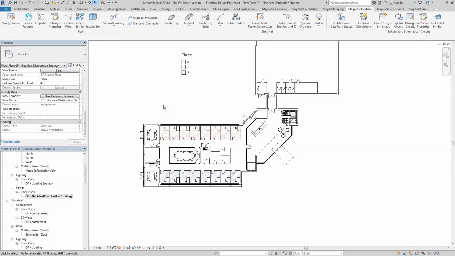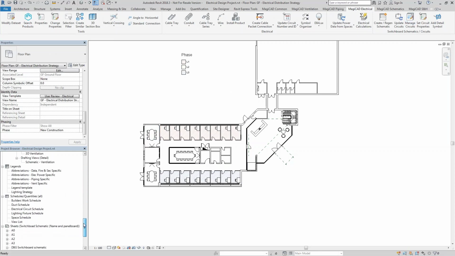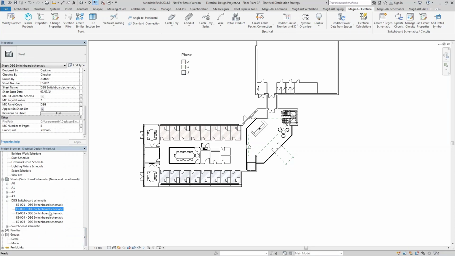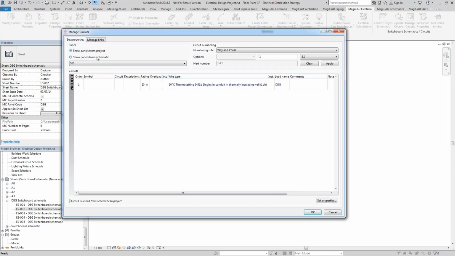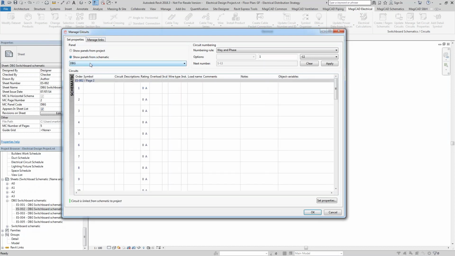So at a very early stage, without actually having any products in your model, you can use our Managed Circuits feature along with the switchboard schematics. So I have here some switchboard schematics, and these can be detailed at an early stage just for planning your circuits. So I can see here I'm going to require one overall circuit for all of the lighting in these offices here, and then if I go to my Managed Circuits feature and show panels from schematic, then it shows me DVG here, and I can say in this way I'm going to need